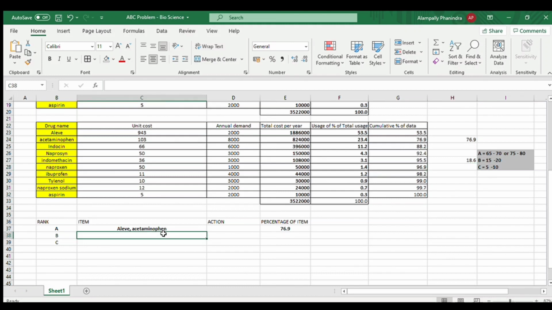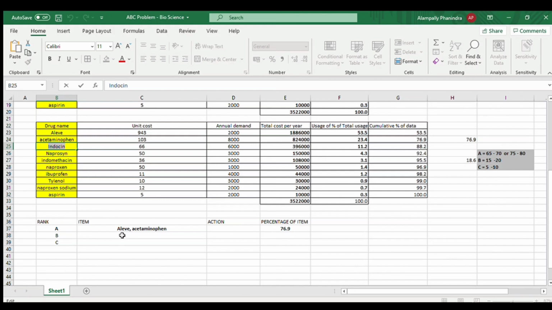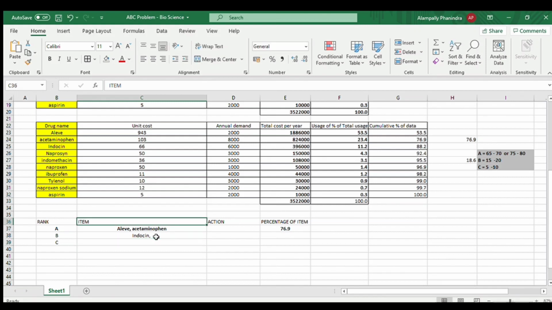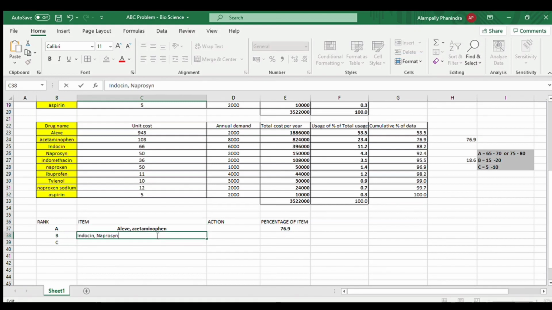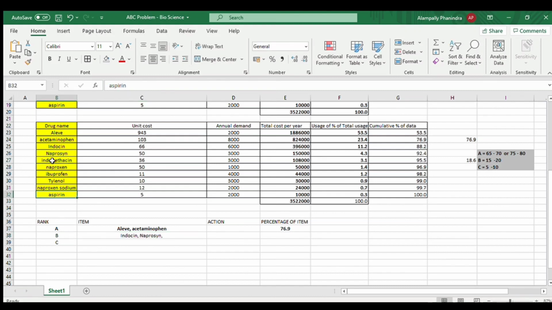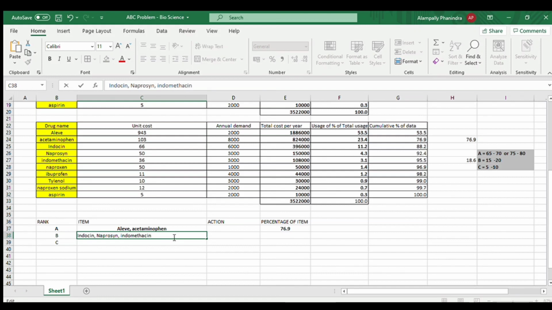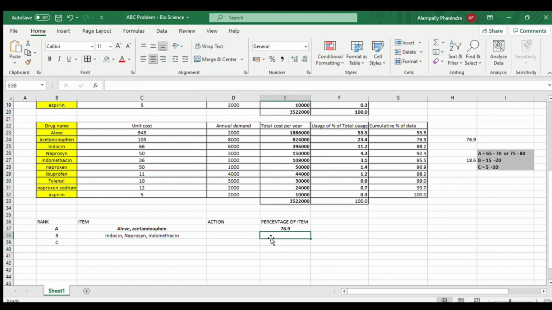So here we are going to type all of these three drugs, comma, naproxen also, and indomethacin also. Okay, so what is the percentage which we got? 18.6, right? So type it, 18.6.